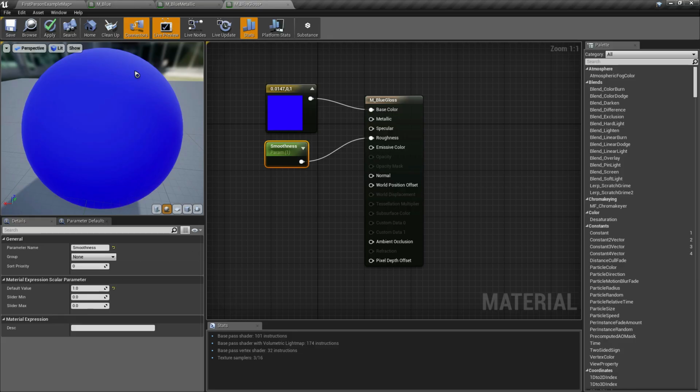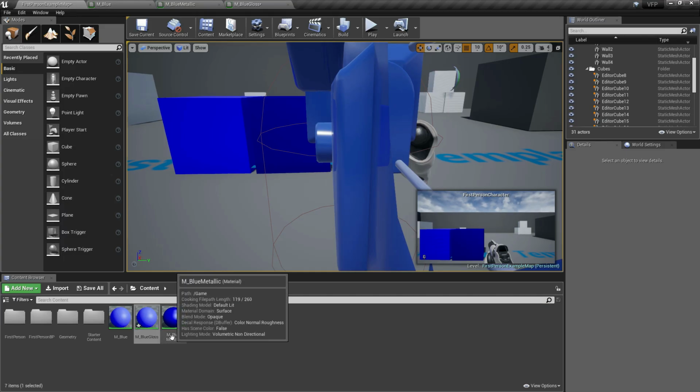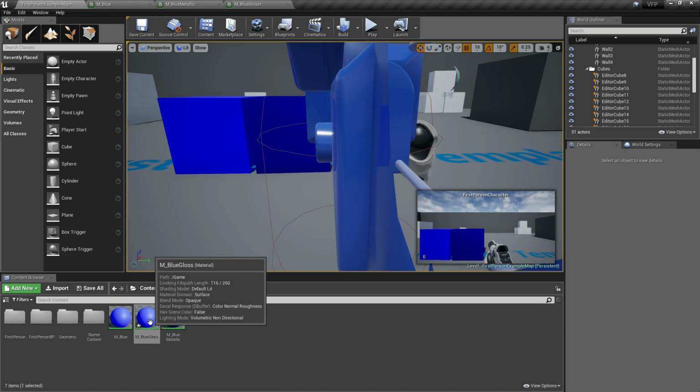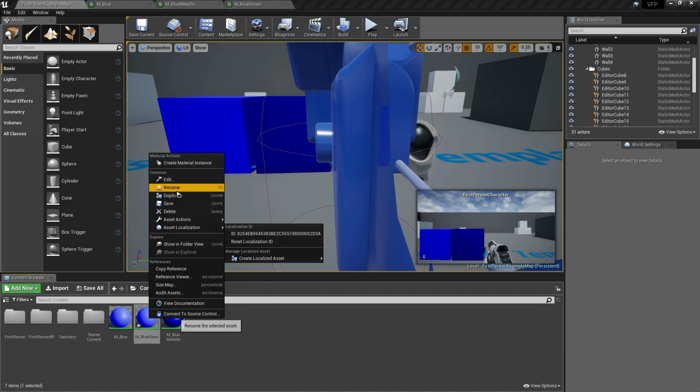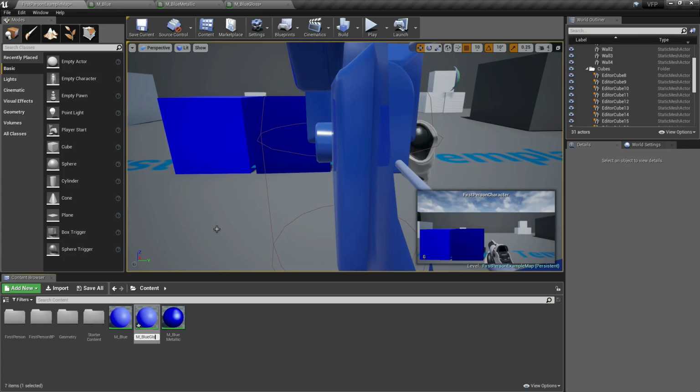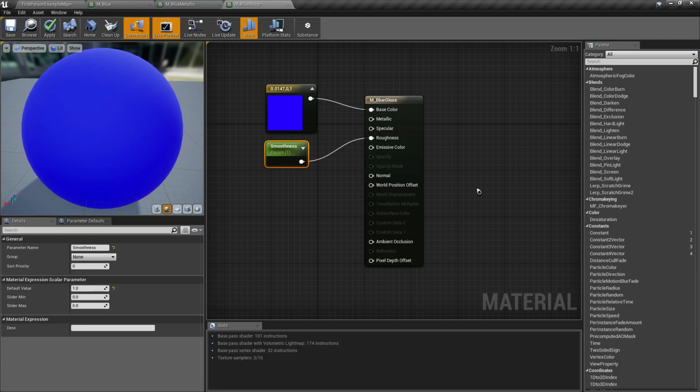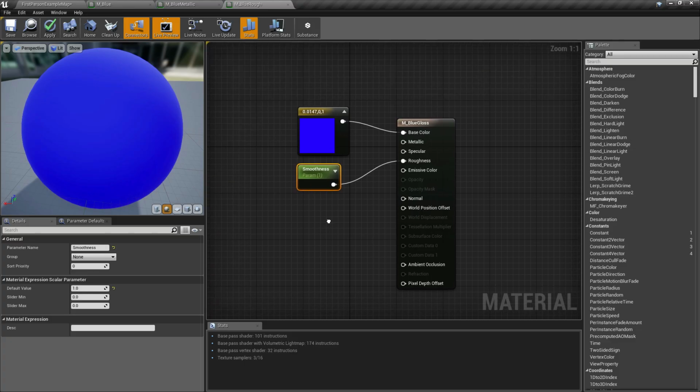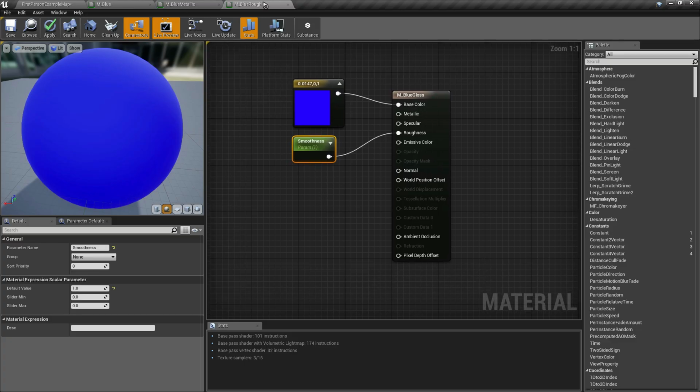And I think instead of blue gloss, let's rename this blue gloss into blue rough, to make it clear that instead of smooth blue, we're going to create a rough blue material. Okay, then save our blue rough material.